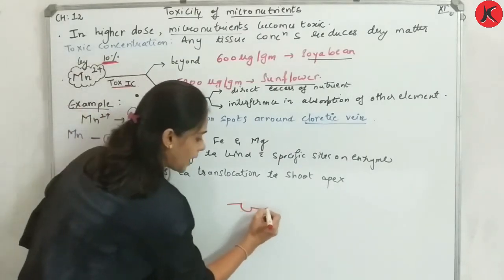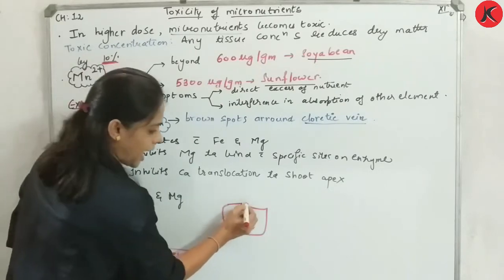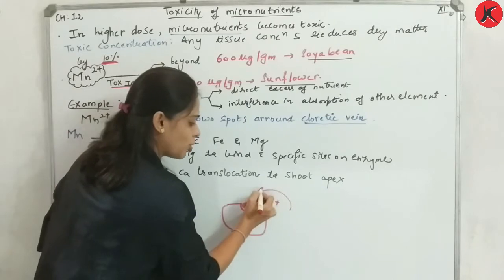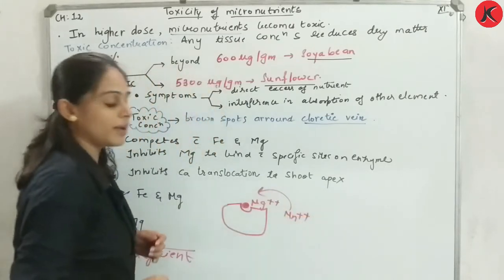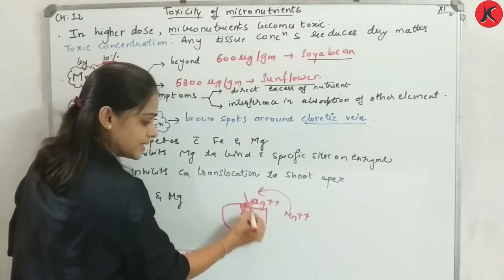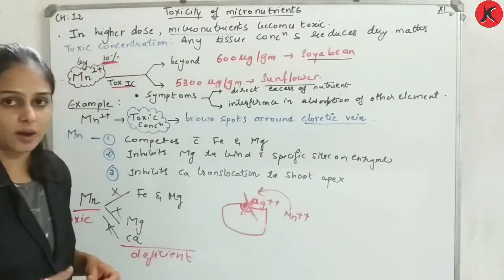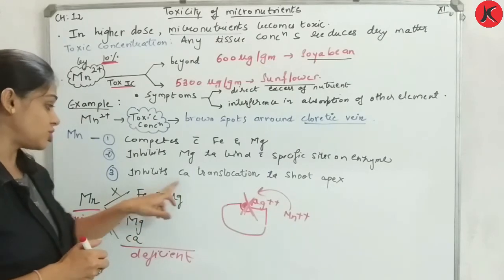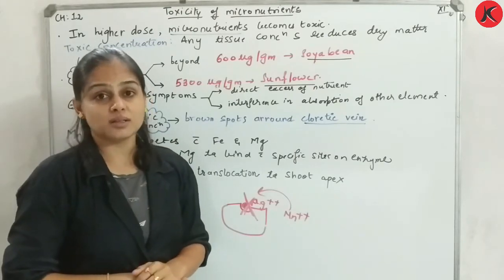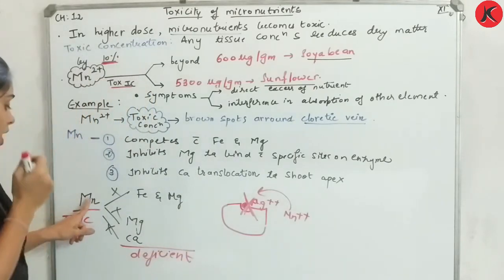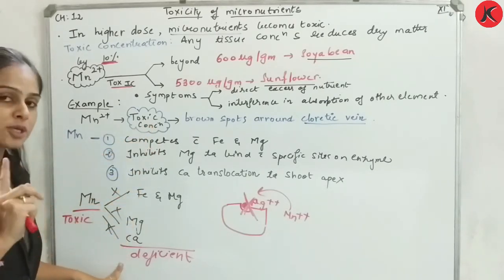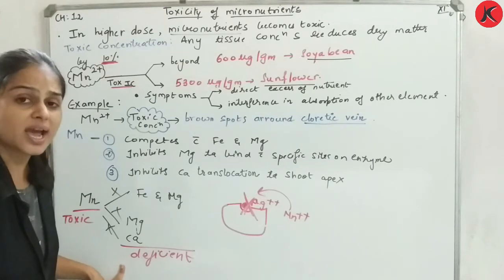मतलब से फॉर एग्जांपल यहाँ पे ये एंजाइम है, यहाँ पे आना चाहिए किसको? मैग्नीशियम को आना चाहिए, लेकिन इसको रिप्लेस करके कौन चला आया? मैंगनीज आ गया. यस और नो? मतलब यहाँ पे मैग्नीशियम को एंजाइम के साथ बाइंड नहीं करने दिया. इट कॉजेज इनहिबिशन ऑफ कैल्शियम ट्रांसलोकेशन टू शूट एपेक्स. कैल्शियम को भी रोक के रखा है इन्होंने भाई. यस. तो एज यू कैन सी मैंगनीज ज्यादा है तो आयरन, मैग्नीशियम, कैल्शियम की होगी डेफिशिएंसी,